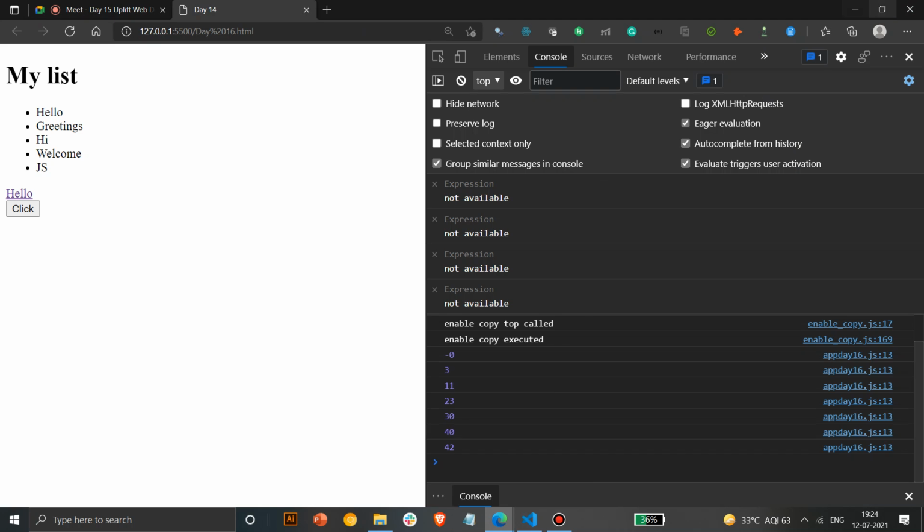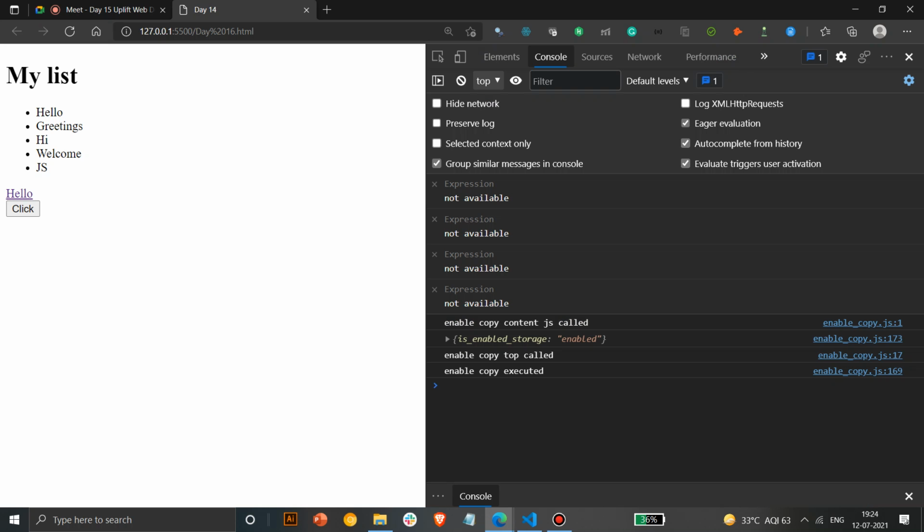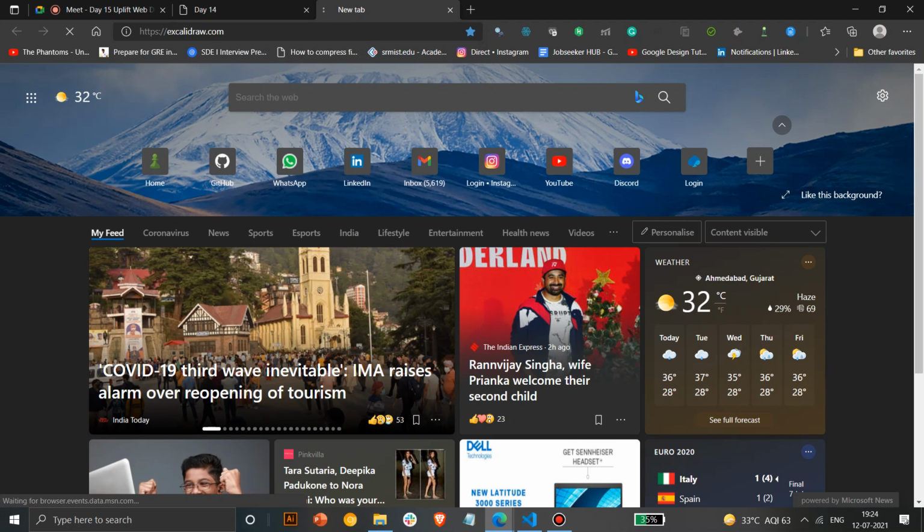Okay, sure. What clientX and clientY do is specifically take values from the window. So for them, the origin starts from here, anywhere on the x-axis, because this complete line they'll take as an origin, and then the y-axis starts from here. So they take this window as the origin. And what happens with offset is it takes values from the element, so it will start this as an origin. Wait, I'll draw it in Excalidraw and explain it to you.